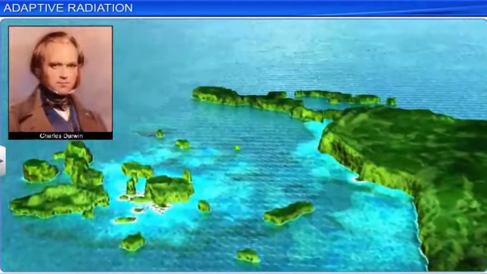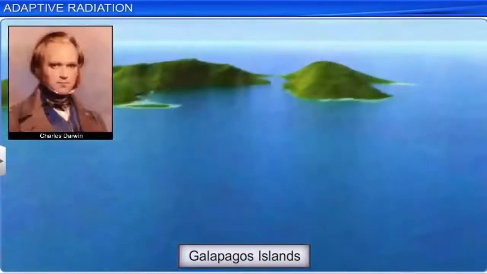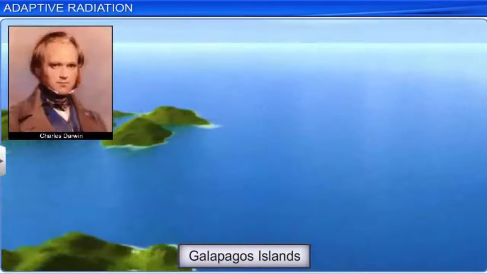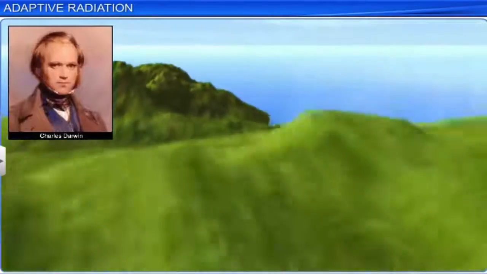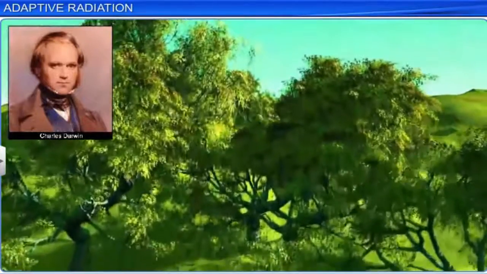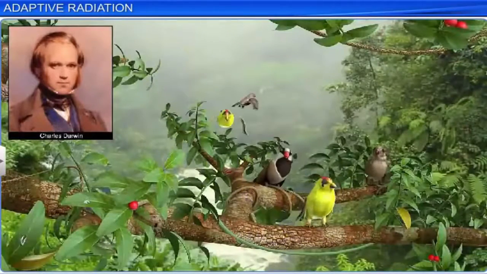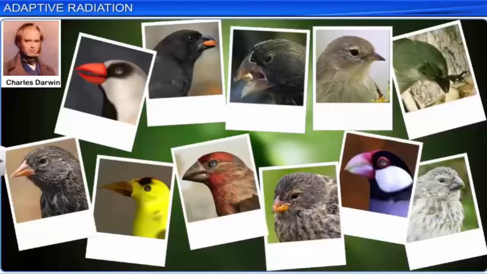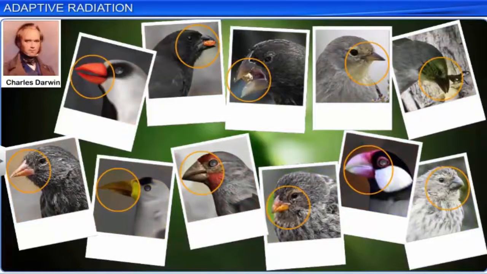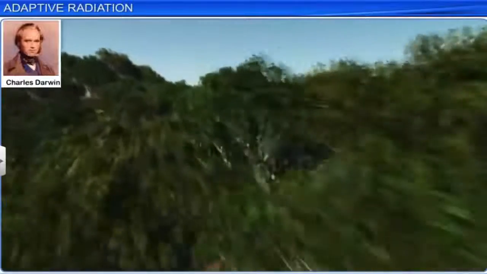One of the observations crucial to his theory of evolution was made by him on the Galapagos Islands, which are near the equator in the Pacific Ocean. The Galapagos is an archipelago of volcanic islands with varied wildlife. What amazed Darwin most was the extensive variety of finches on these islands. These species of finches differed from each other with respect to the shape of their beaks and their overall size. Darwin observed that all these species had evolved on these islands.